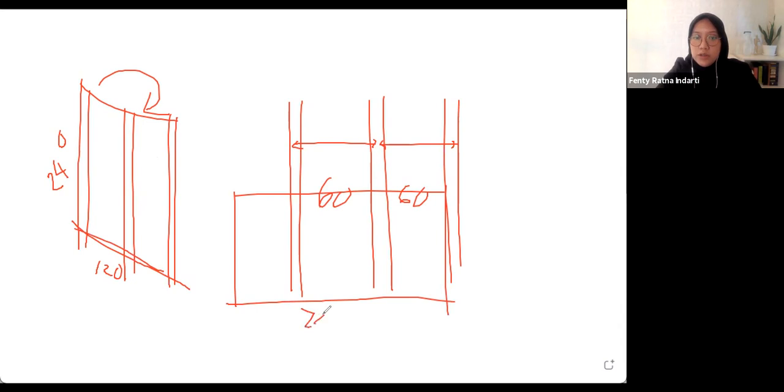So this is 240 and it is 120. Then you can use a longer one. The stud span will be longer. It depends on the material that you are using, like the GRC size that is available. It can be shorter, so just understand that if you have a plan